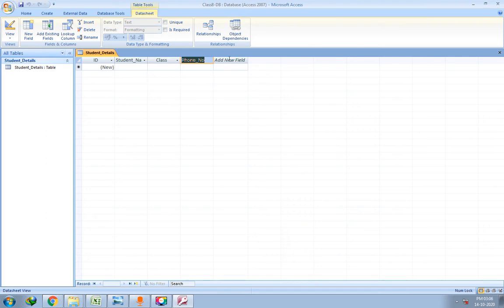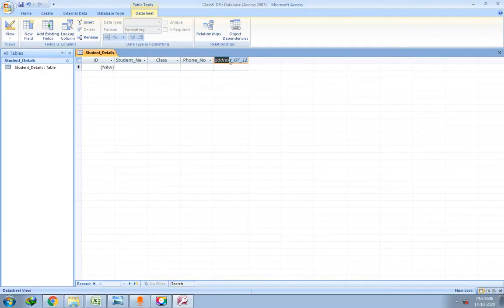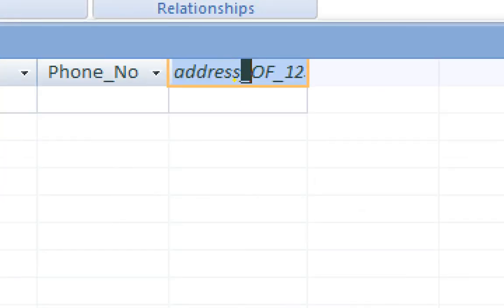For example, I'll give you one example: address, everything small, then Of with a capital, underscore is allowed, so I am giving an underscore, then 123. This is valid because it contains lowercase letters, uppercase letters, numbers, and underscore.